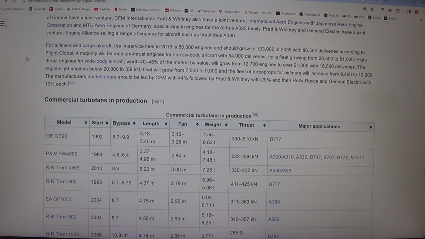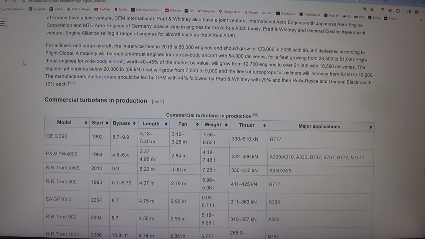A majority will be medium thrust engines for narrow-body aircraft, with 54,000 deliveries, for a fleet growing from 28,500 to 61,000. High-thrust engines for wide-body aircraft, worth 40–45% of the market by value, will grow from 12,700 engines to over 21,000, with